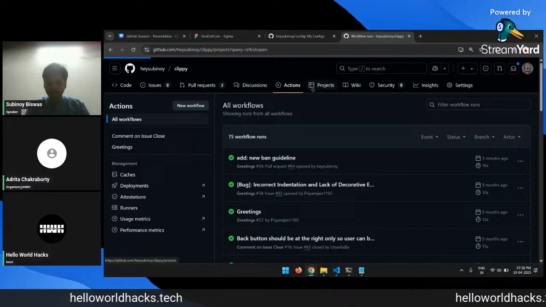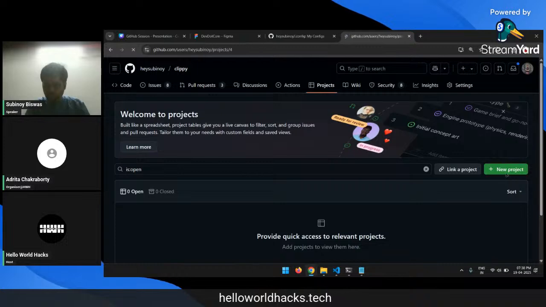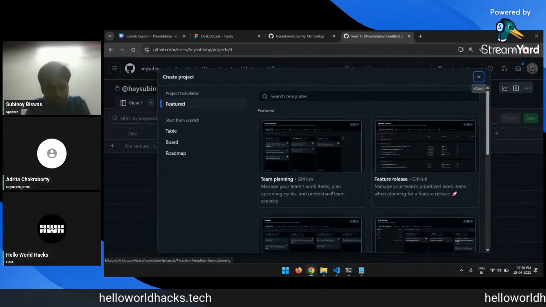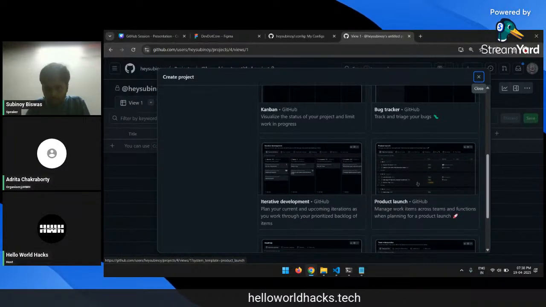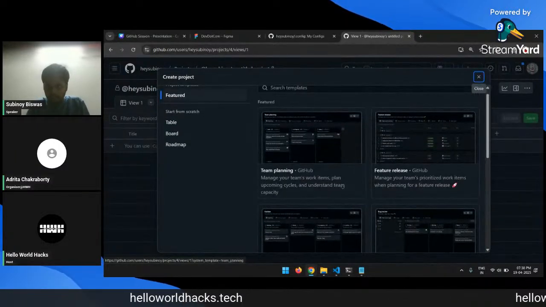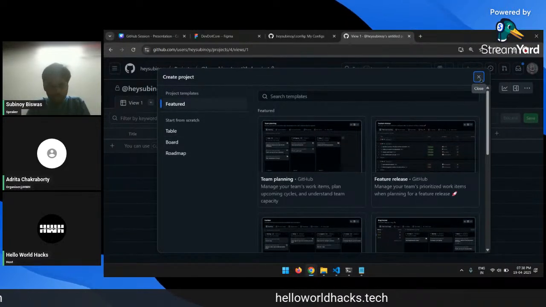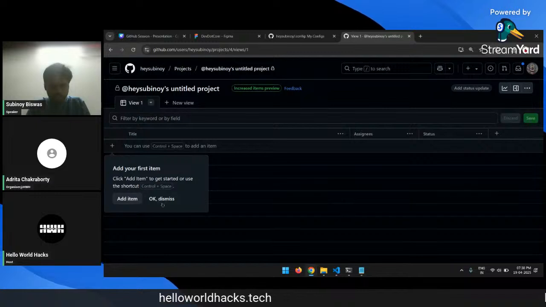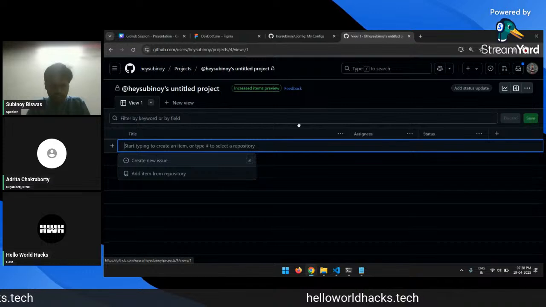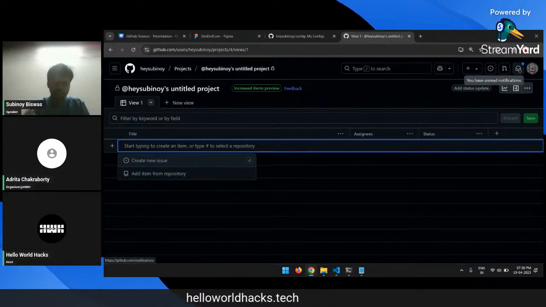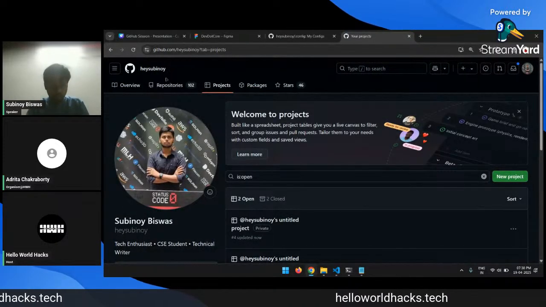You also have GitHub projects. GitHub projects kind of work like Notion. So if I try to create a new project, you can see there are multiple templates here: bug tracker templates, product launch template. You can go with any of these if those fit your needs, or you can create from scratch as well. If I don't select anything, I get a scratch page and I can do anything. I can add templates, I can add assignees. I can also delete the whole thing and rebuild my own structure. I can do anything. Apart from that,